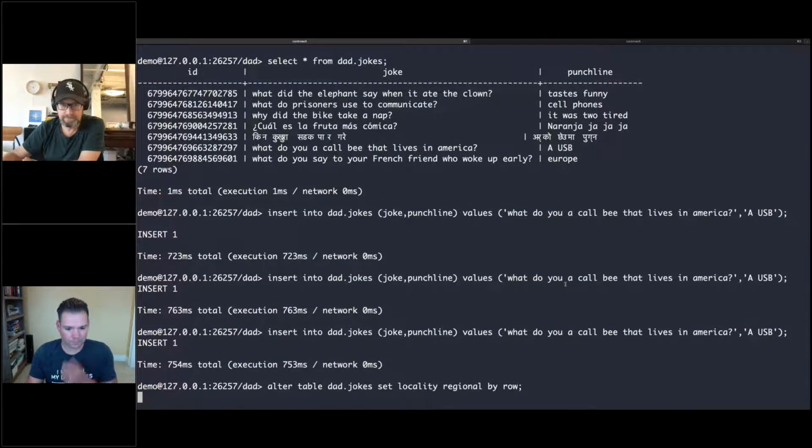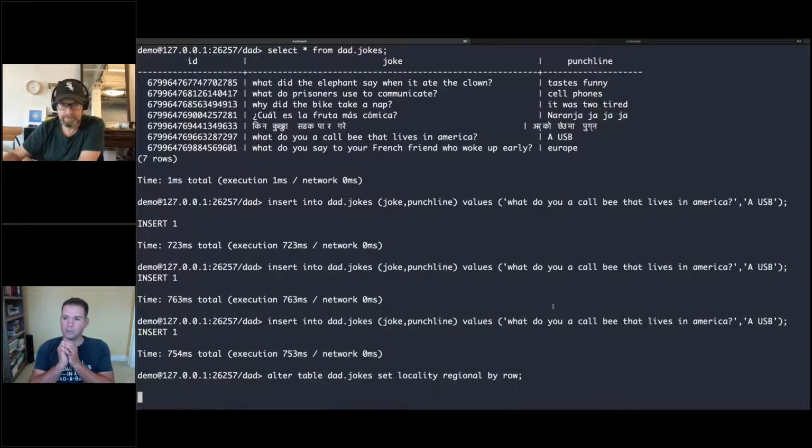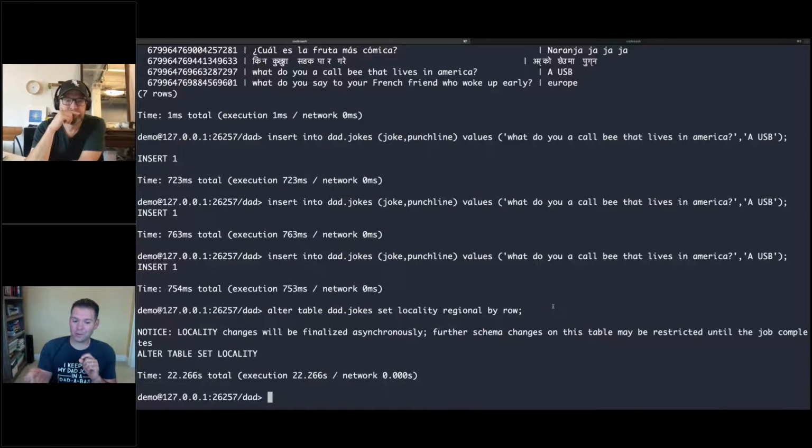Okay, so what this is going to do is take our dad jokes table and start partitioning it. It's going to create an invisible column that you can query. It's basically a region column. And anytime I insert data from a certain region, so if I insert data from Europe, it's going to place that data in Europe. That ensures that anytime I have a read from a European client, it's going to be a fast local read. So what that allows me to do is have fast reads and writes within a region, which is kind of neat.